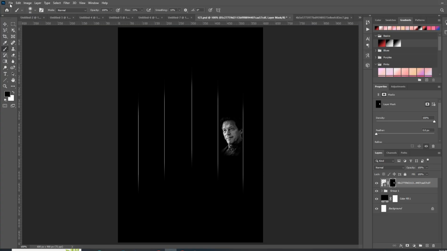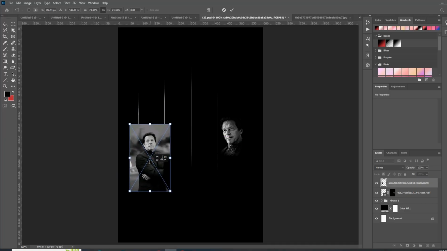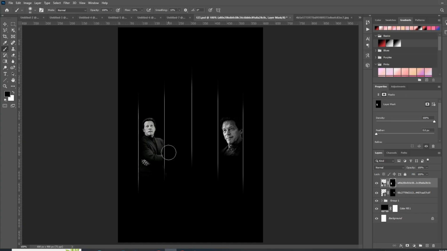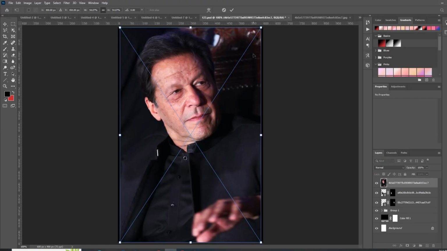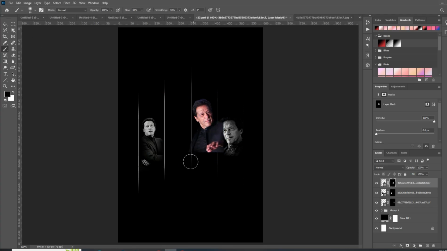So let me just remove its sides, and then we are gonna insert the other image as well. And I am also going to change its background color, remove it and make it blurry, and then I'm gonna insert another image. Perfect. Now let's just give it a black color and then remove the sides, and like this we are just gonna diffuse it with the background color,